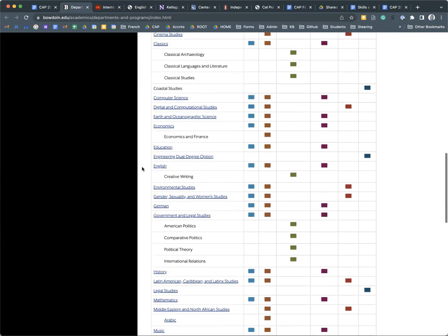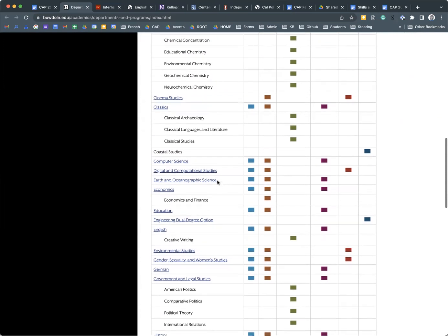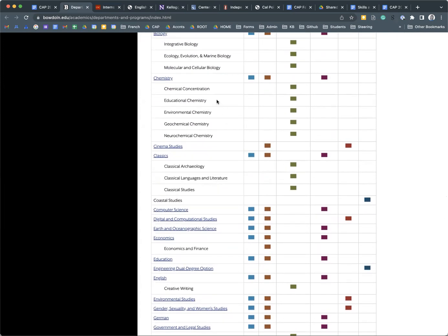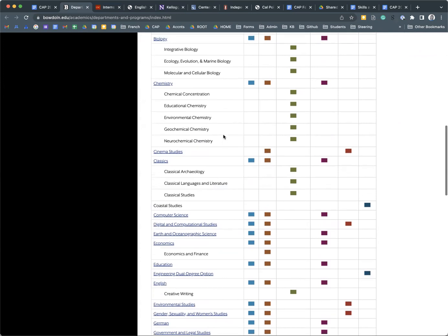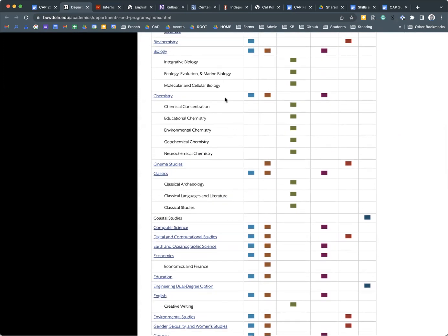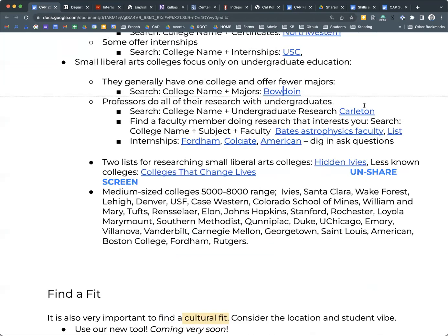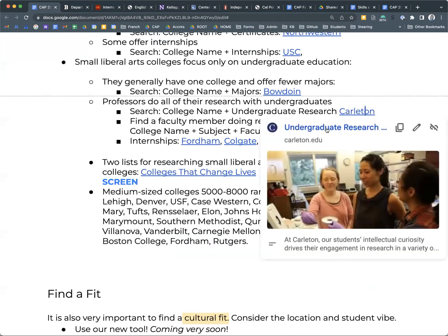So for example, in here, they've got creative writing under English. Under chemistry, they have 5 different areas of chemistry. Under biology, they have 3 different concentrations. But they're not multiple colleges. You're just applying into one college and you're choosing your major there. Doing the same kind of search that we did earlier on